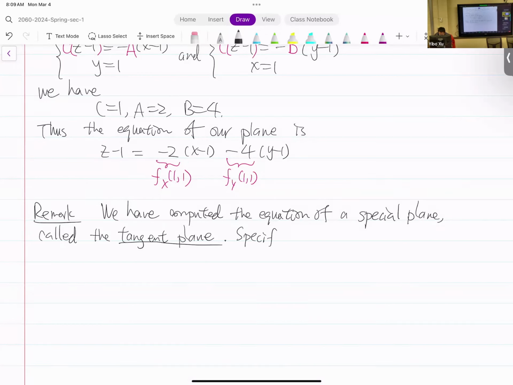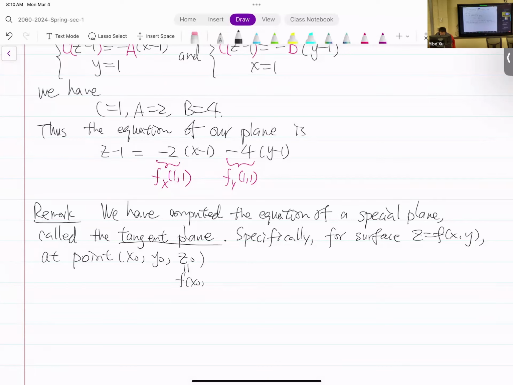Specifically, for the surface z equals f of x, y at the point x0, y0, z0, where of course z0 is just the functional value of f at the point. Then the tangent plane